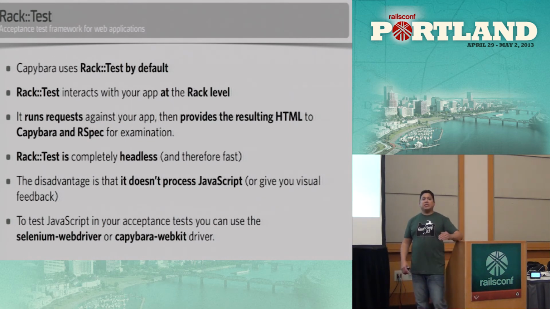So rack test goes in between where the browser is and where the application is, talking to the HTTP layer directly without having any of the standard browser communications in there. They're all POST and GET requests, so it's really the same thing. But you're basically grabbing the HTML as it's coming out of the application and not letting it sit in the browser and then grabbing the DOM from the browser, which we all know could have differences in there.